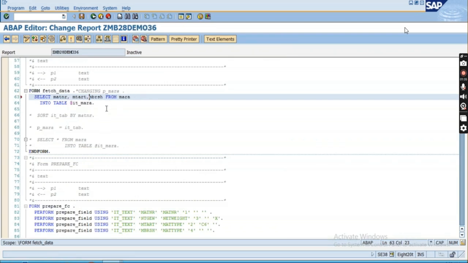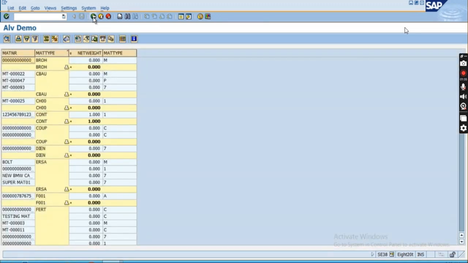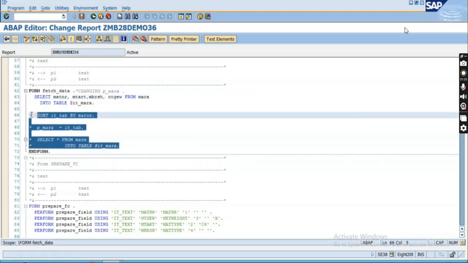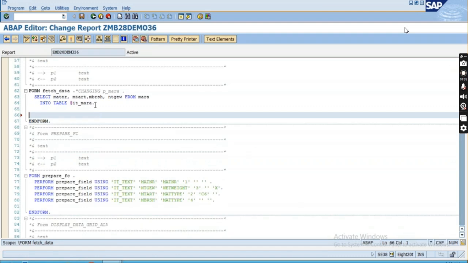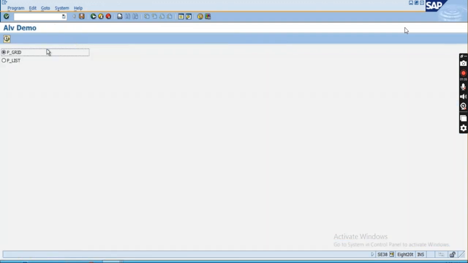NTGEW I will put at last, give the comma, Ctrl+V, right? This is fine, this is optimized. Okay, we are following the performance guideline. You see now also the output is coming. So this is what we are supposed to do. Remove this date code. Now what I want, my requirement is that if you just run it, activate it, run this one,